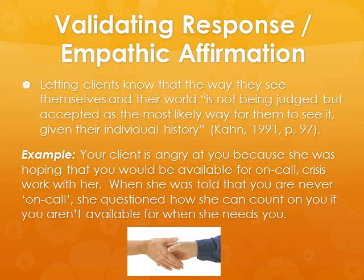Remember, this isn't about you just making a stance and defending your actions towards your clients. It's not really about defending that at all. It's really about understanding the client's perspective. So instead of coming at it from the angle of needing to explain and rationalize why you're not there, which may just further feed into her frustrations, an empathic way of affirming her feelings, validating her response would be,